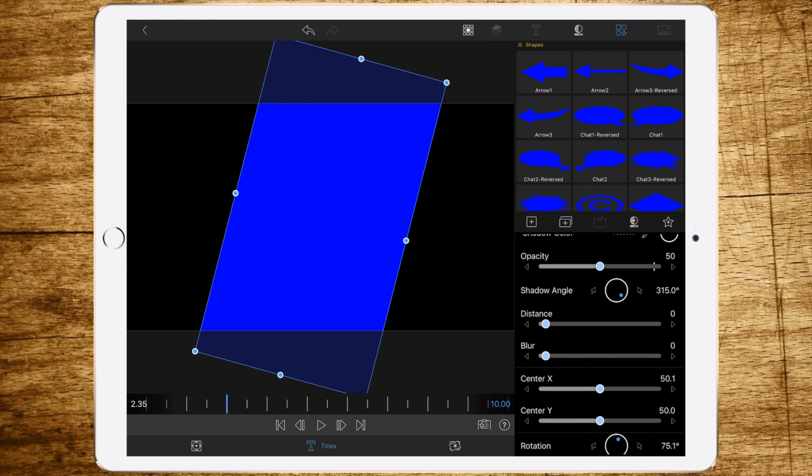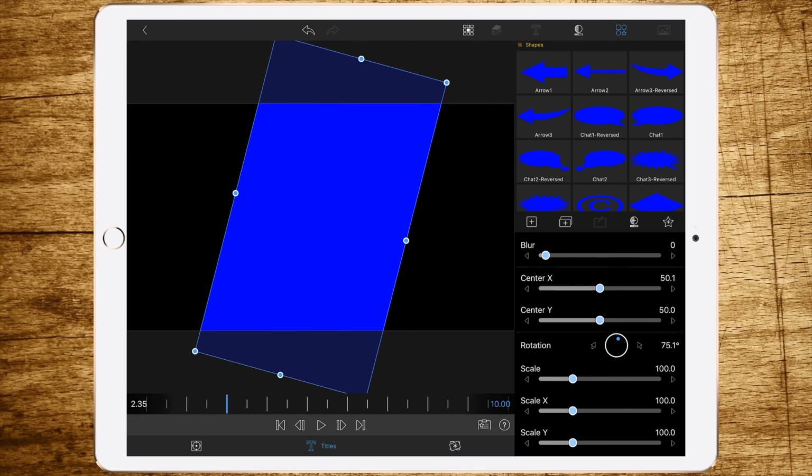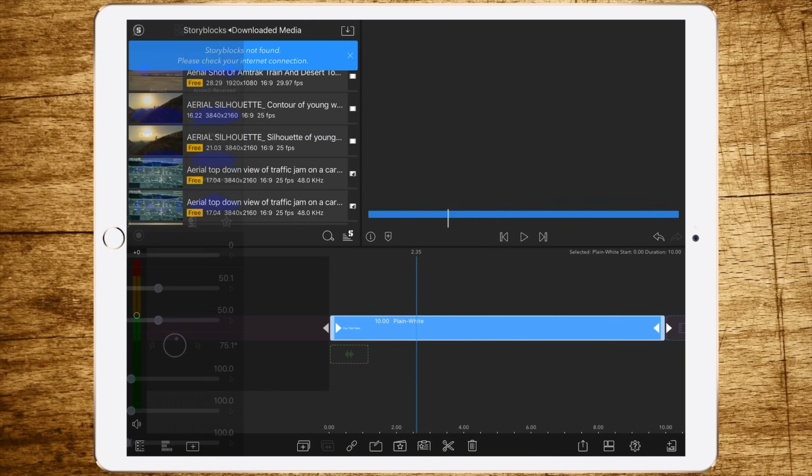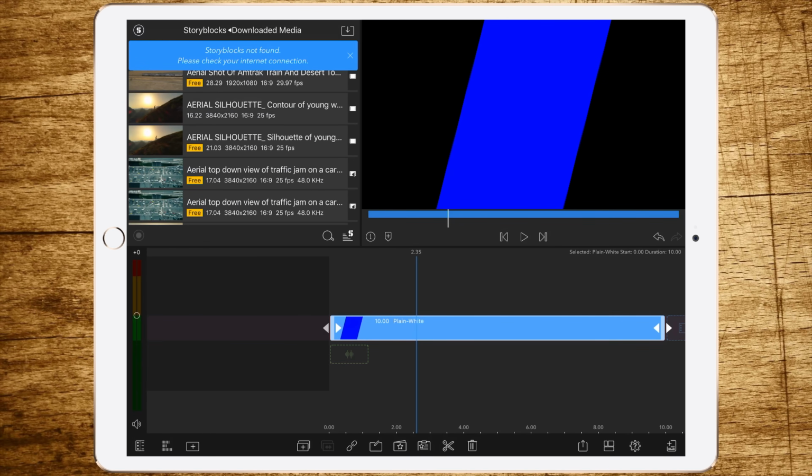So this is too big. That's why we scale it and make it smaller. I think that's a nice size. Now we are going back and we are duplicating this layer and dragging it on top of the other one.